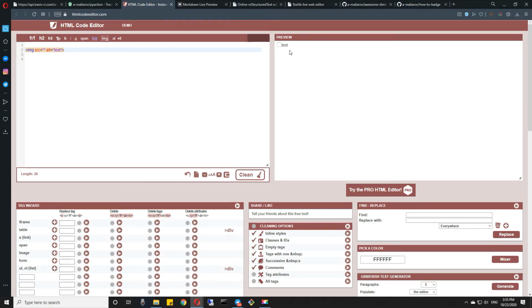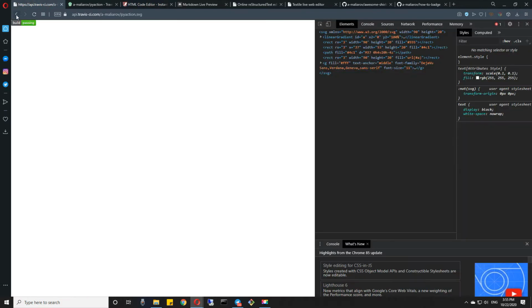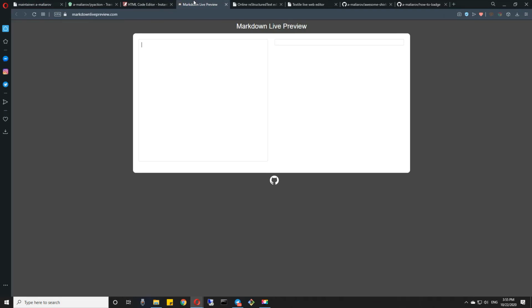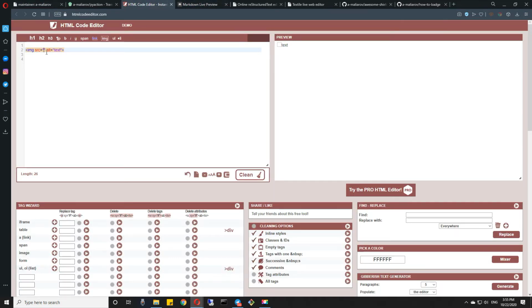Now let's actually add the source link using, for example, our hard-coded badge that we've used before, and just put it into the source. Boom, we've got a badge. It's almost done. The only thing we should do is add some reference. By reference, I mean the place where this badge should lead me to after I click on it.